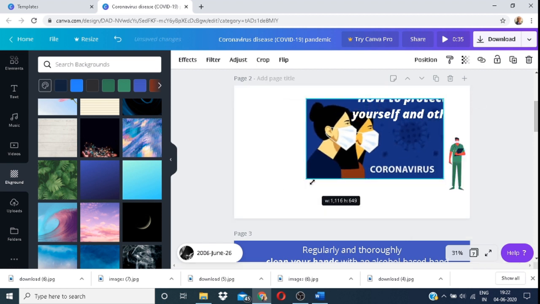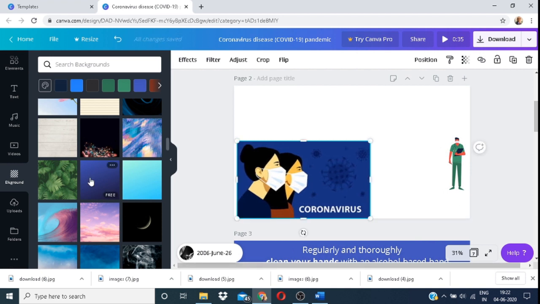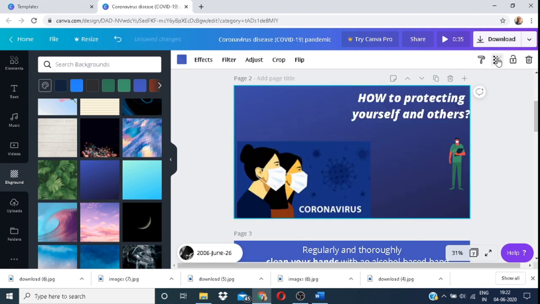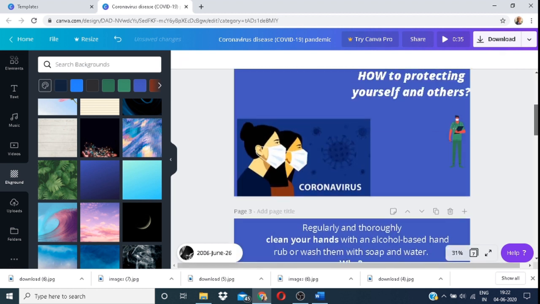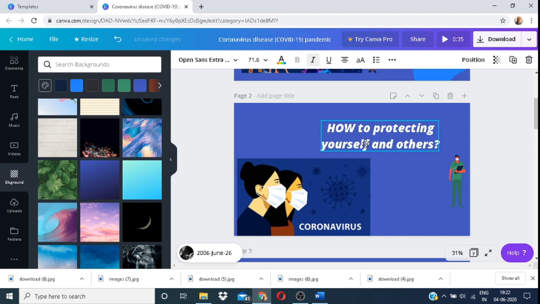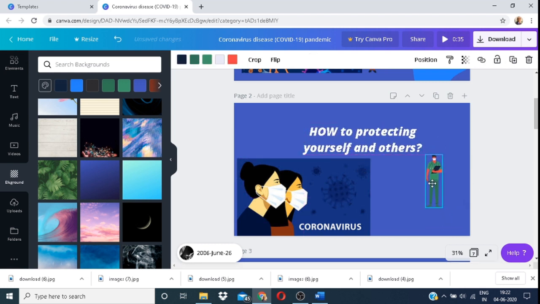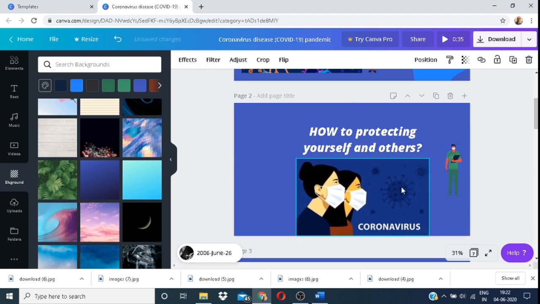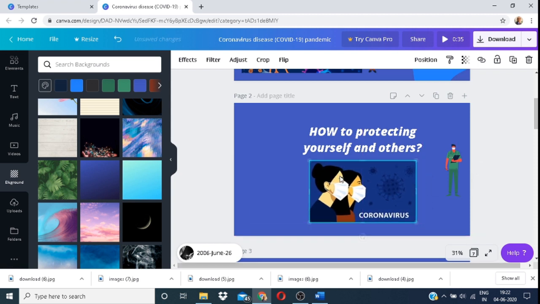I'm going to resize it and paste it where it was earlier. I'm going to add the background color, decrease the transparency. Oh, I'm sorry. And place it in center again. Resize it appropriately and add our element over here.